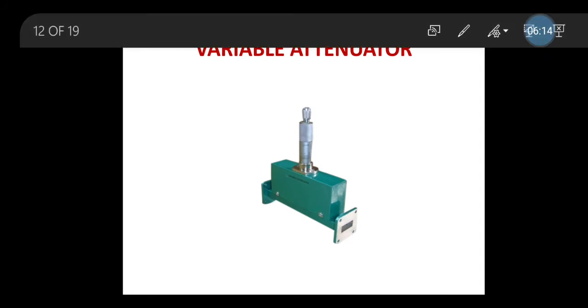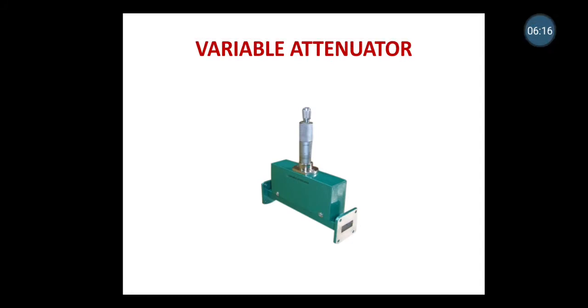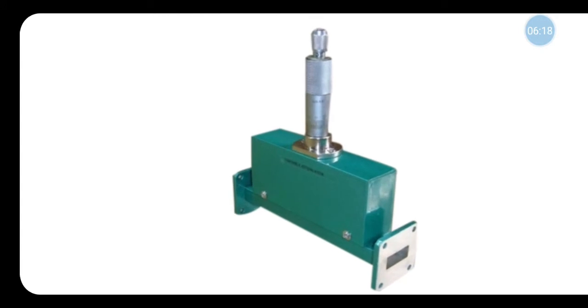And then you can see a variable attenuator. It's actually a rectangular waveguide, and you can see a knob also. While turning this knob, a resistive pad gets inserted into the waveguide, thereby changing the attenuation.